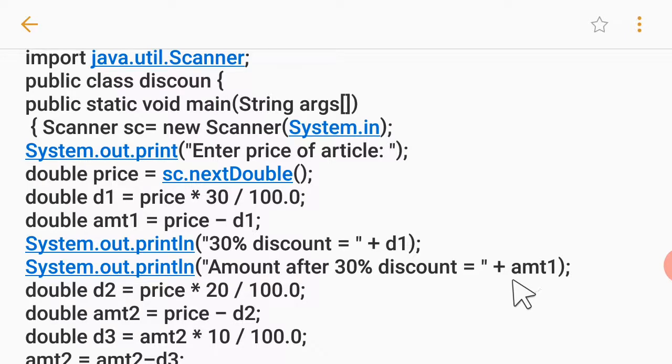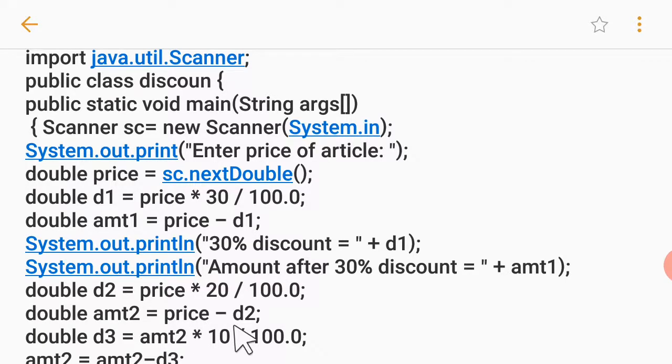All right, successive discounts are there, so one more time we will calculate. Here we will write double d2 equals price asterisk 20 upon 100, so 20% of the discount. Then double amt2 equal to price minus d2.